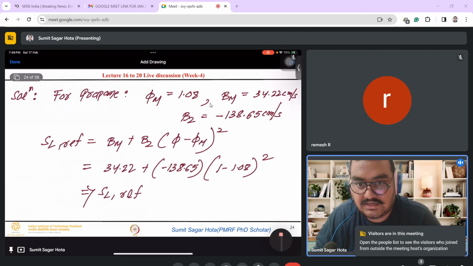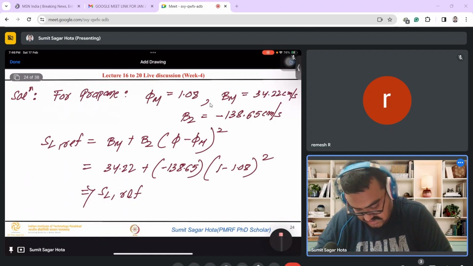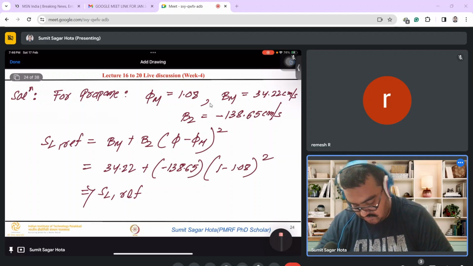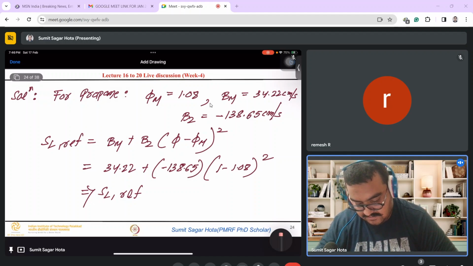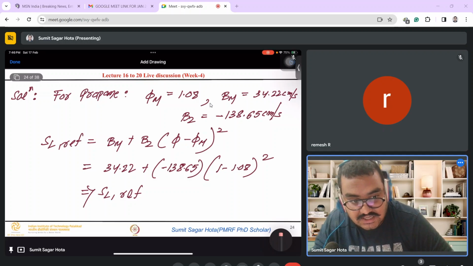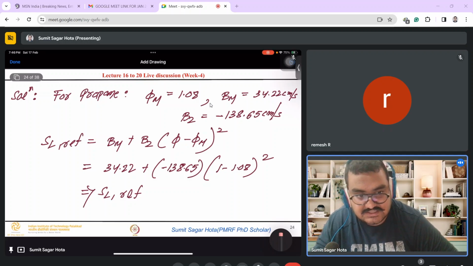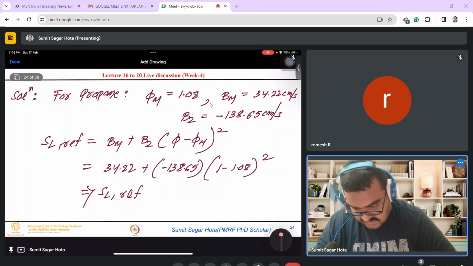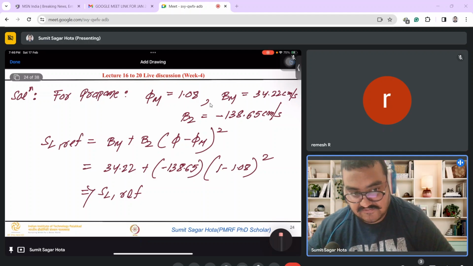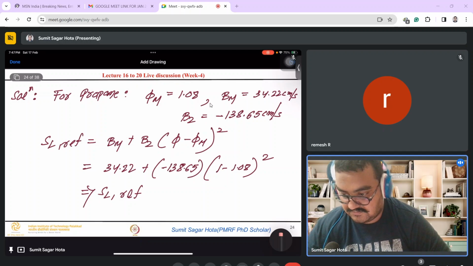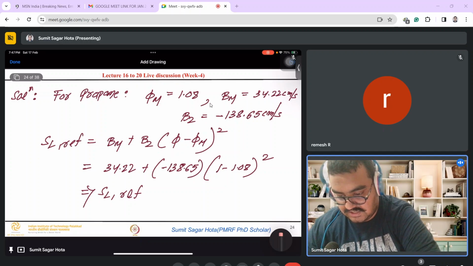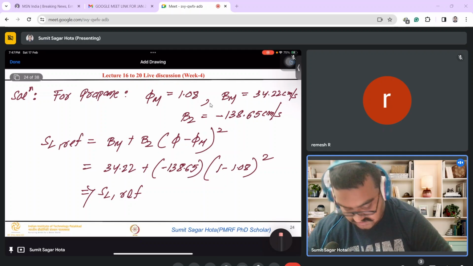Okay, I think up to this much it's clear. I just taken the propane as the fuel. The phi_m, B_m and B_2 values are taken from there. Then I just find out the reference flame speed. By substituting all these values, we can find out the S_L reference. As I see from the previous question, how we calculate the reference flame speed, same way we now calculate.